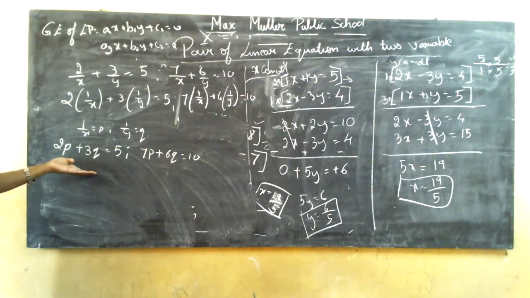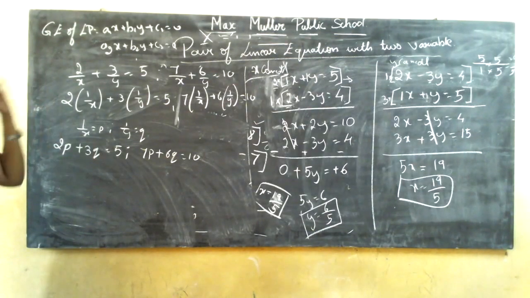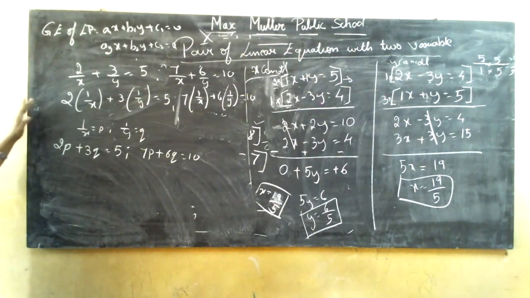This reducible method consists of the substitution method, elimination method and cross multiplication method. In that, they need to opt only for the elimination method, because you have only the elimination method. So these types of questions won't be given. Till now, this is what the linear pair of equations